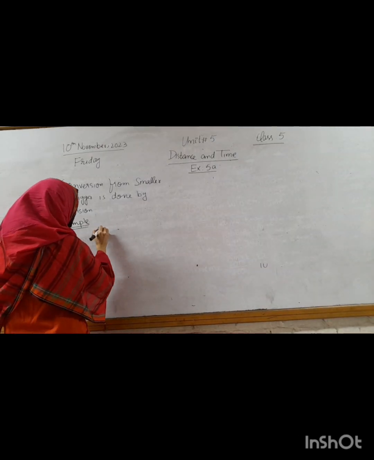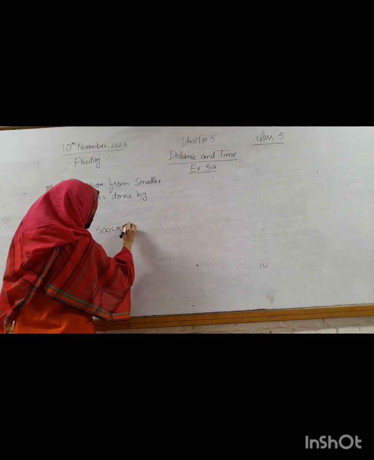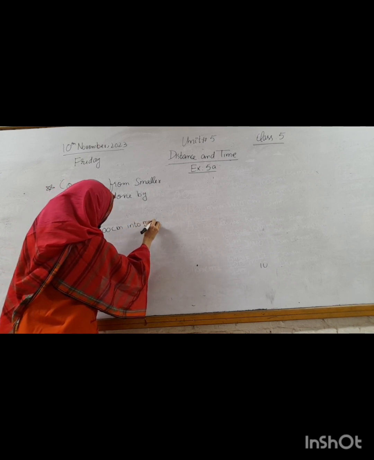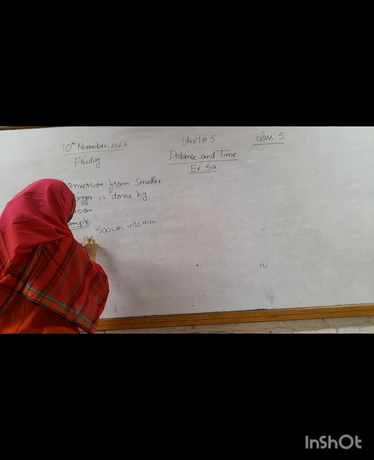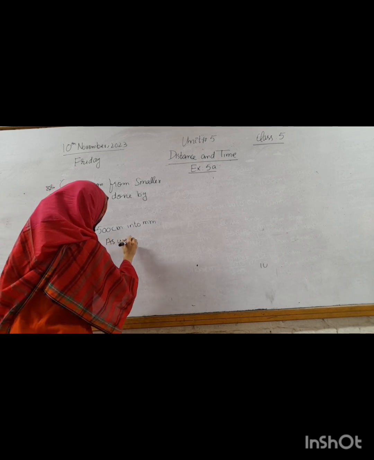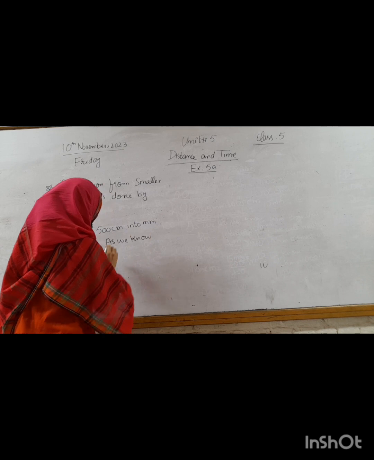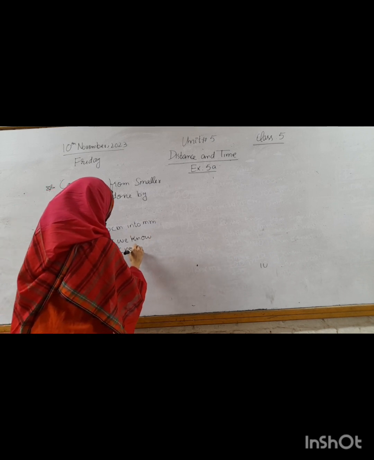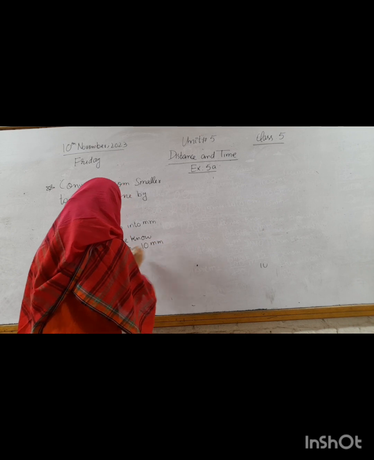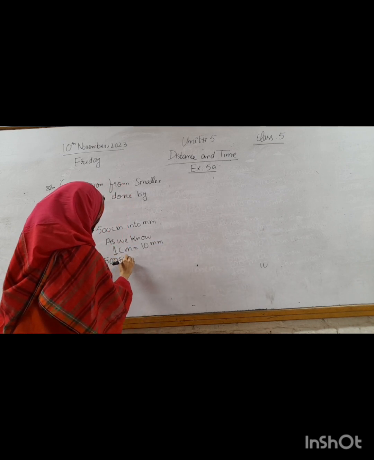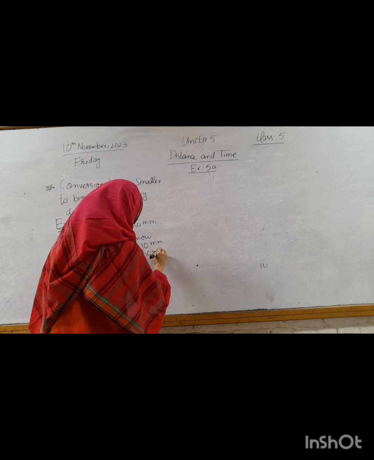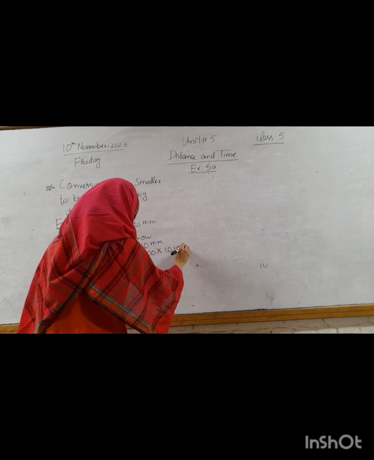Example in which we convert 500 centimeter into millimeter. As you can see, centimeter is bigger than millimeter. We will use BSM rule, in which we convert bigger to smaller with multiplication. Solution, as we know, 1 centimeter is equal to 10 millimeter and 500 centimeter is equal to 500 multiplied by 10 millimeter.